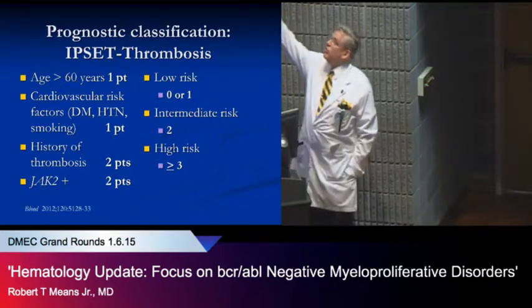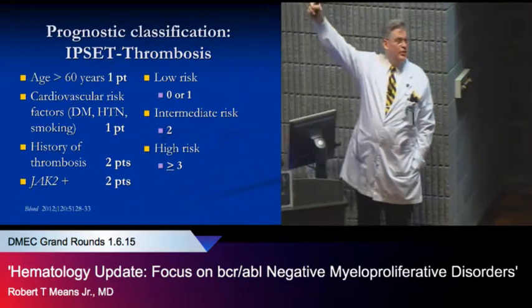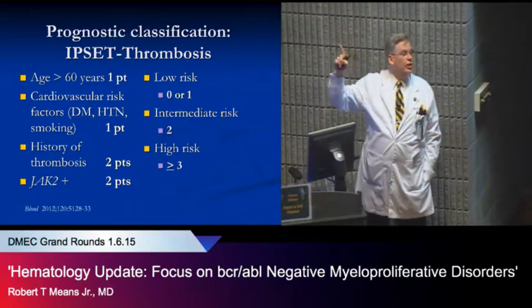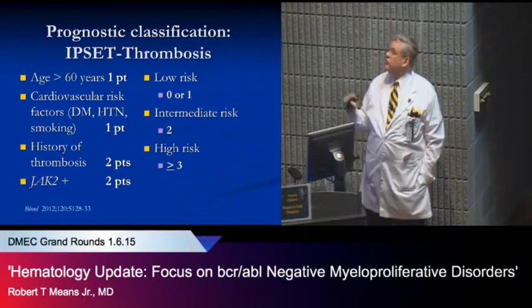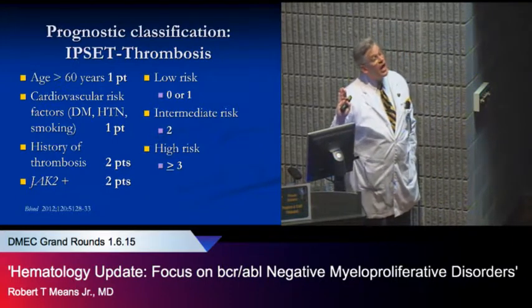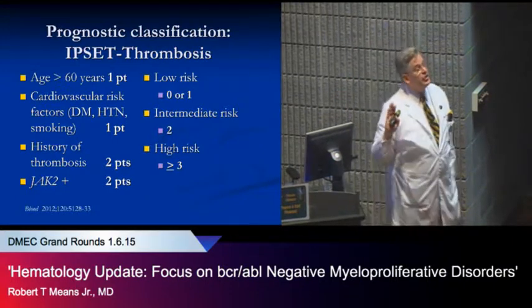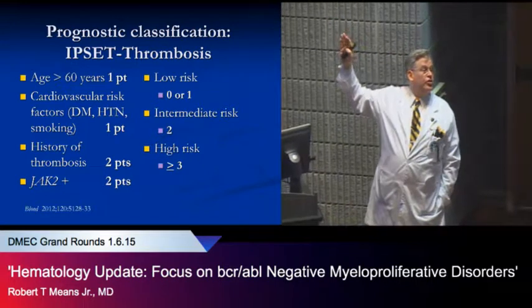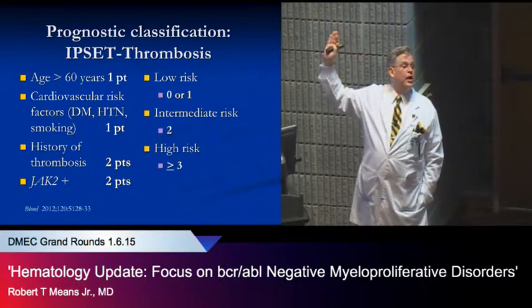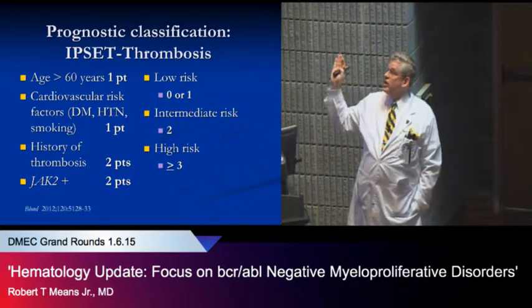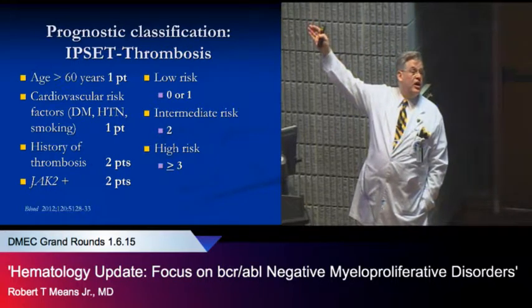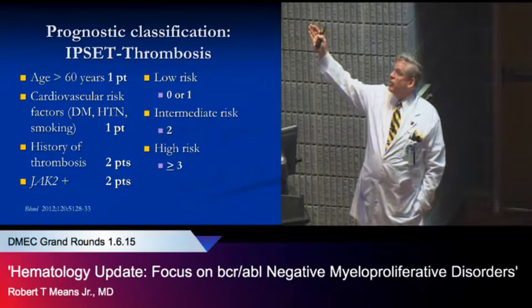So half of the old low risk is new low risk, and half of the old low risk is now intermediate risk. What did it do with the high risk category? It split them between these, a third, a third, a third. So the people who were high risk just because they were greater than 60 went to the low risk category. That was about a third.